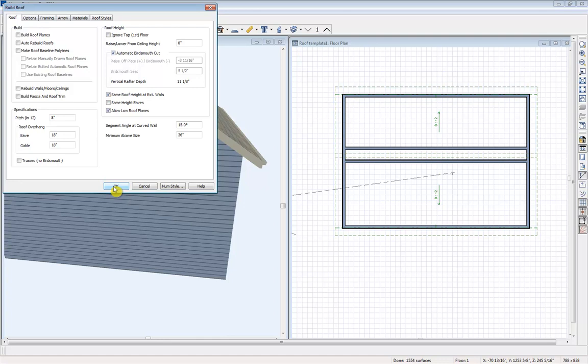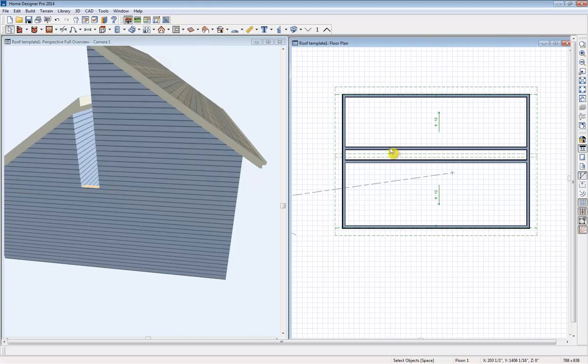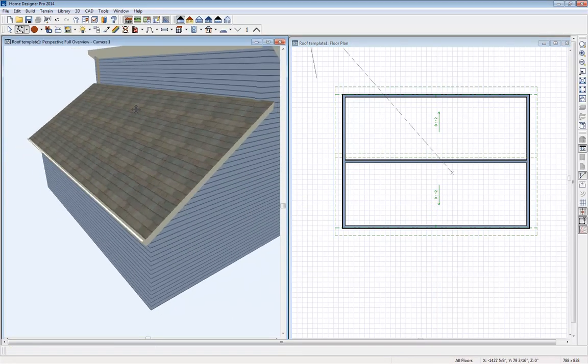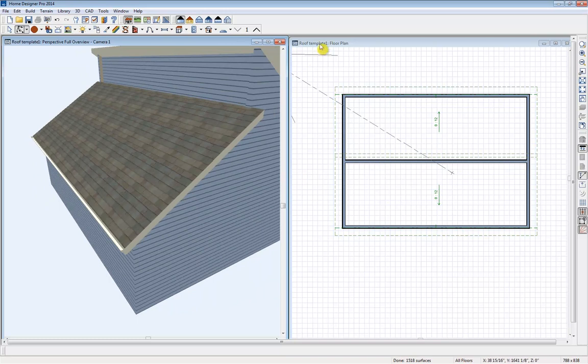So now when I make any changes, I don't want the roof to update with it. Select OK, so that now I can select this wall and delete it, and you can see it created that structure for us. And you can drop in windows here